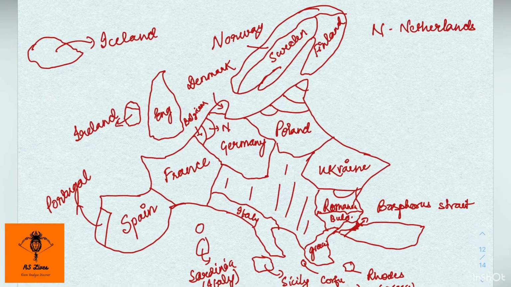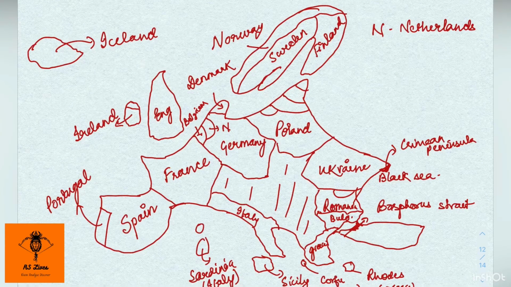Okay, roughly if I tell you about the water bodies, the Ukraine part surrounds the Black Sea area, very important, because there is a small peninsula over here which is known as the Crimean Peninsula. Recently there was a huge dispute over this area because Russia has exerted its control over this area.